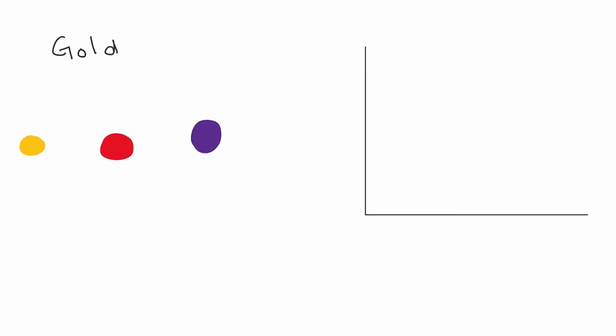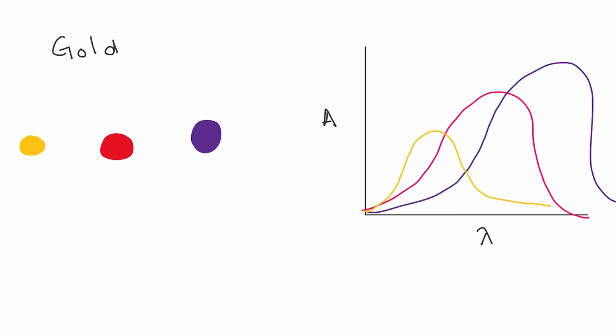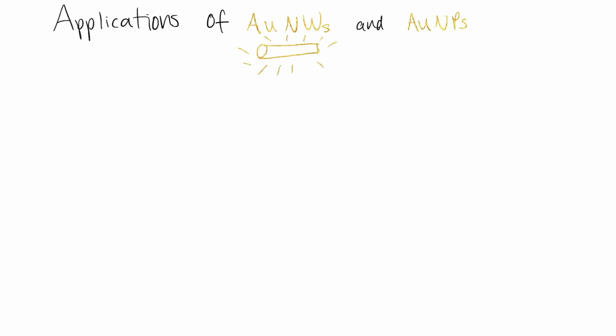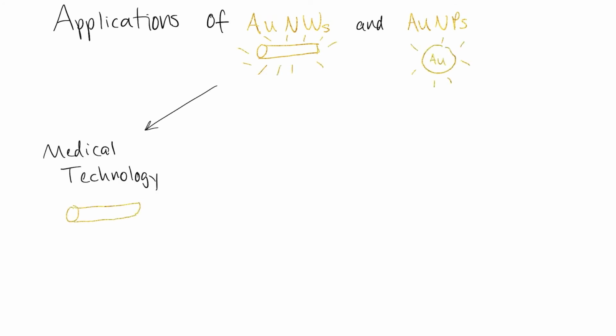Due to the optical properties of gold nanoparticles, the UV spectra is both size and shape dependent, meaning that depending on the size and the shape of the nanoparticle, we would see different color solutions at different wavelengths. Now, why are gold nanowires important? Now that we've learned the basics of nanoparticles and the process by which gold nanoparticles and nanowires are made, let's take a look at some of the uses for these amazing particles.